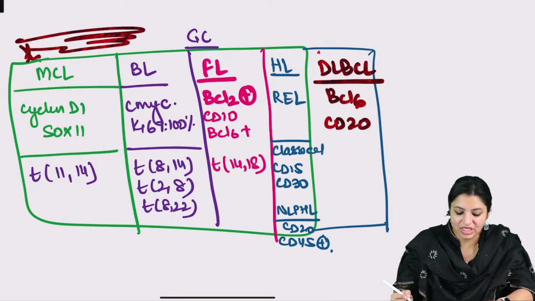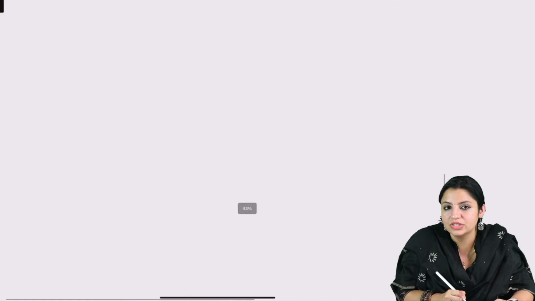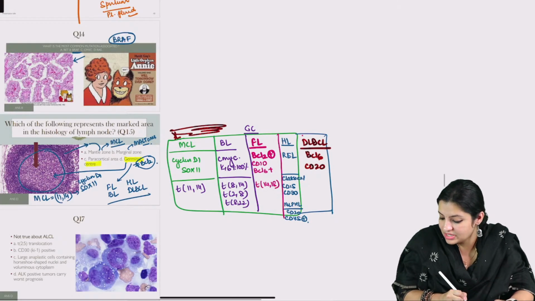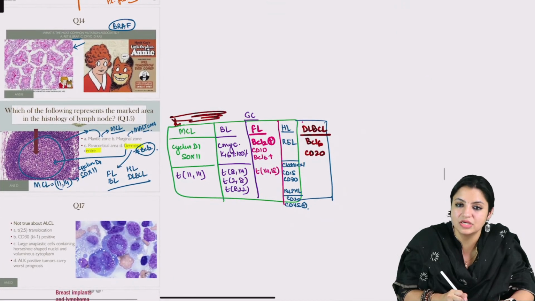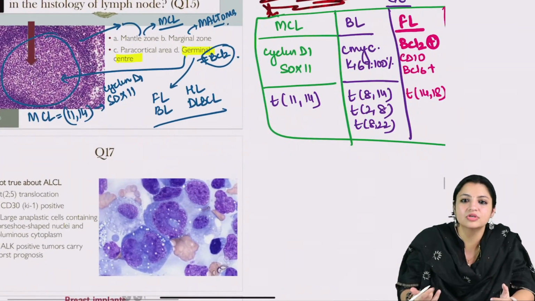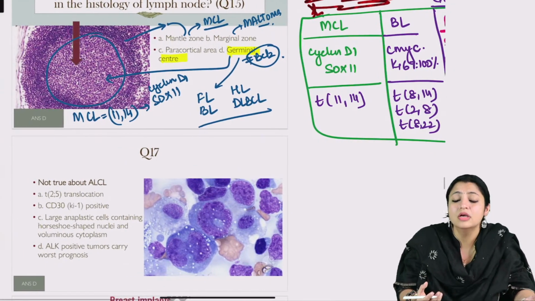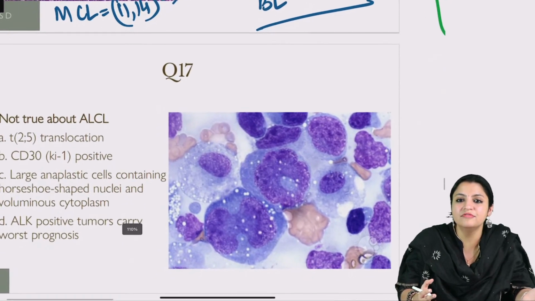And there was an entity which came recently, and WHO has also added it in the main classification, which became very popular, called BIA. Who is going to tell me what is BIA? Breast implant associated ALCLs. Approximately 8 to 10 years back, breast implants became common, and then the females who had put breast implants started getting some effusion around the